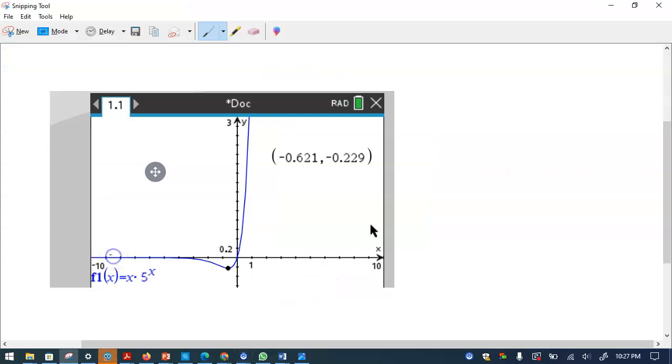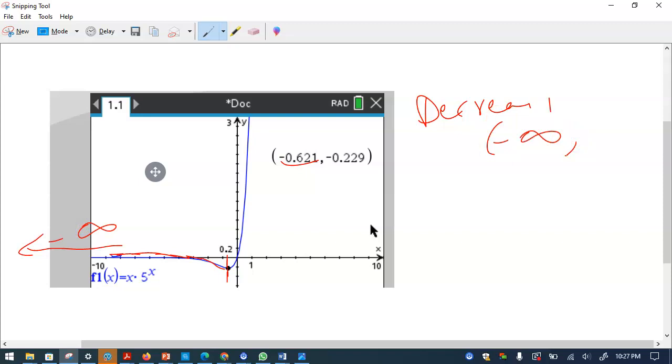So the graph here is using the red color. I can see this is decreasing till here, till here. So this point is this point, right? So till here it is decreasing. So decreasing in the interval, all the way on this side is minus infinity, so minus infinity all the way to minus